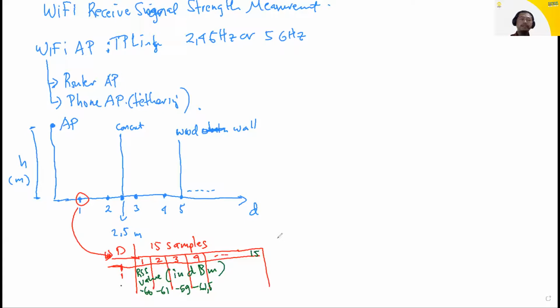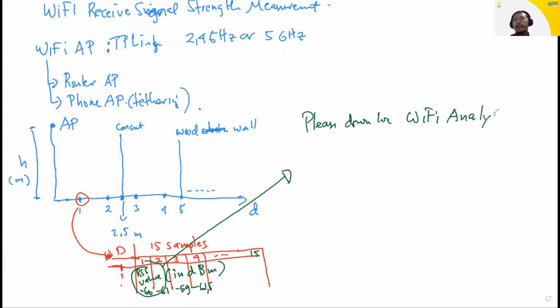Okay, and then how do we get the RSS value? Please download the Wi-Fi Analyzer app. It is available for Android phone and iPhone. And then open the app, and then